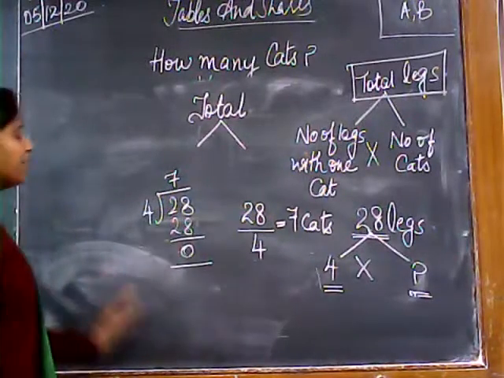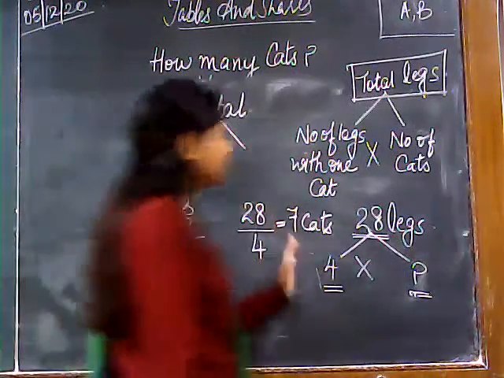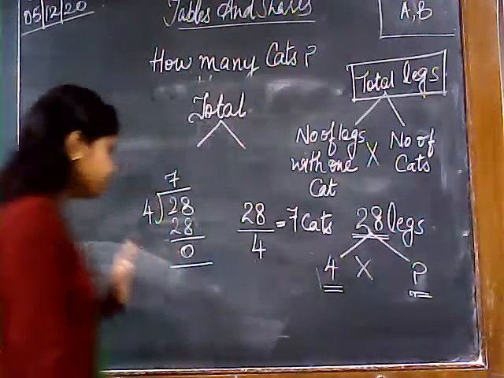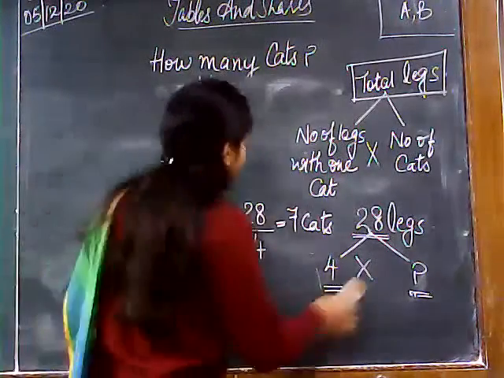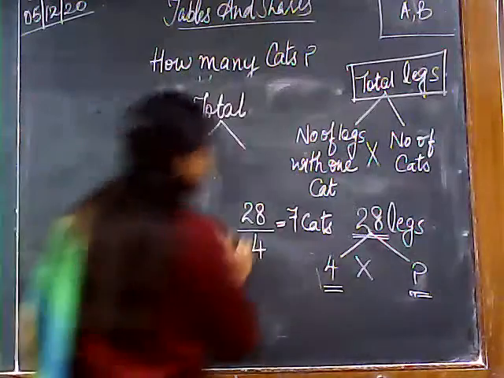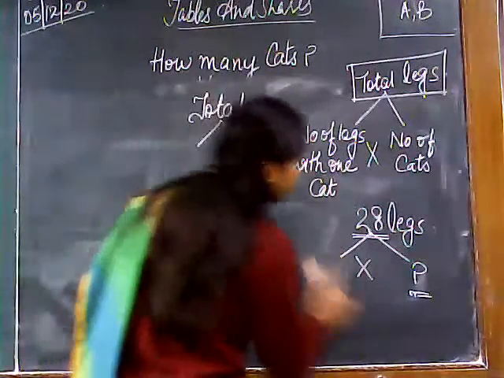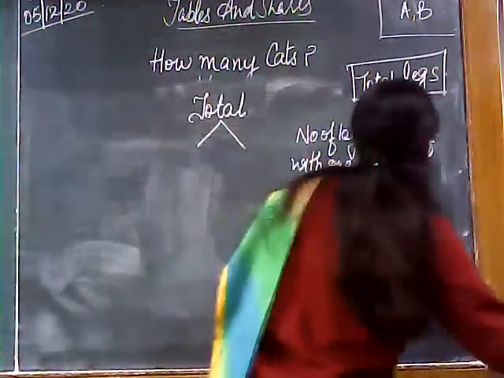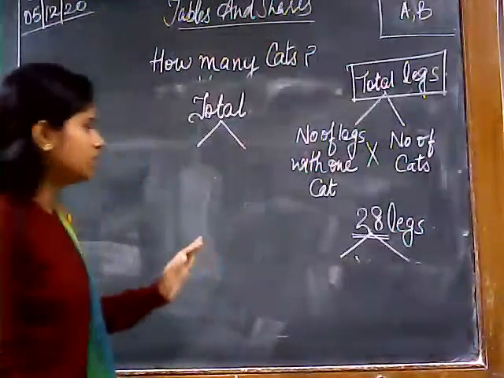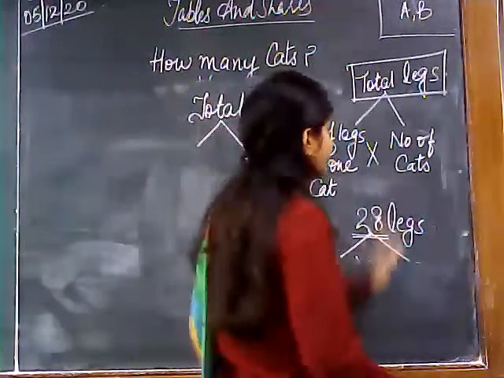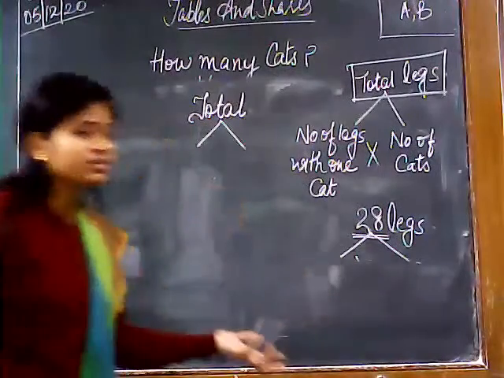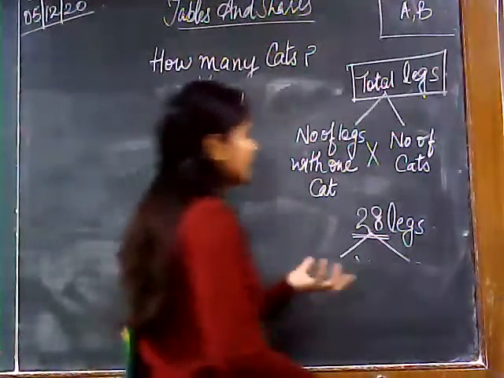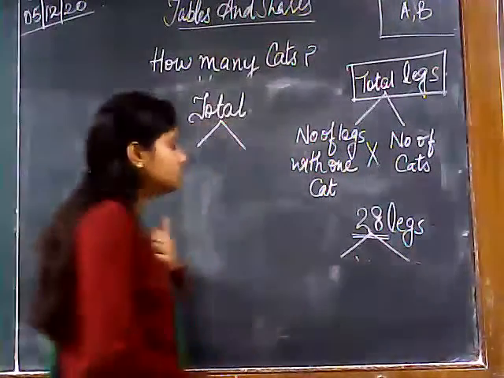Students, I'm happy that you understand the method of arriving at the answer in one go. And so if the question was reversed, right? If the question was reversed, in the first question we were to find the number of cats. Had the number of cats been given to you, suppose if I assume that